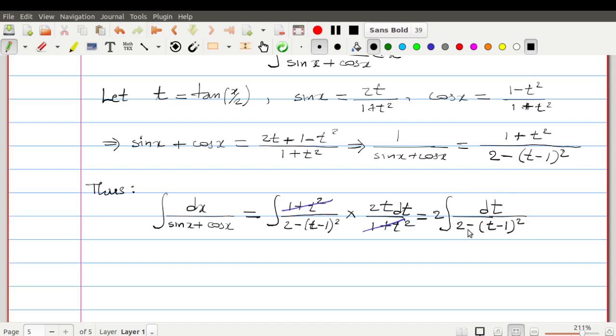Right. Okay, now with this one, what can we do? Because we are not yet done. We need to integrate that. And to integrate that, if you recall, the denominator is in the form of the form